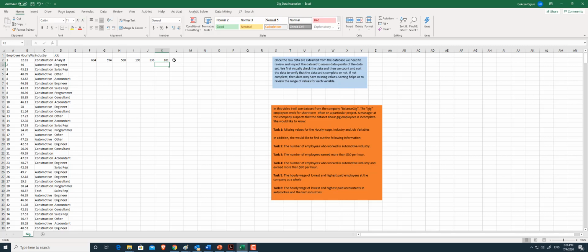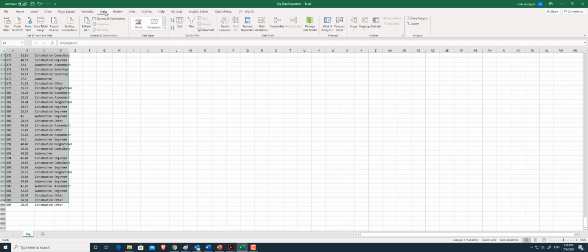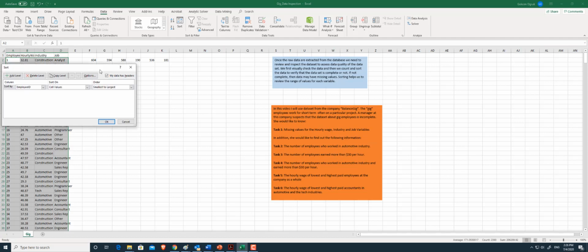Now we come to task 5. We want to know the hourly wage of the lowest and highest paid employees at the company as a whole. To do this, we are going to use the sort function, but first we are going to select the data, that means all columns and all observations that we have. After we highlight the data, we go to the Data tab and then click Sort. Make sure that "My data has headers" is checked, because as you see the first column is our header. Then select hourly wage for Sort by, and we want smallest to largest, or ascending,